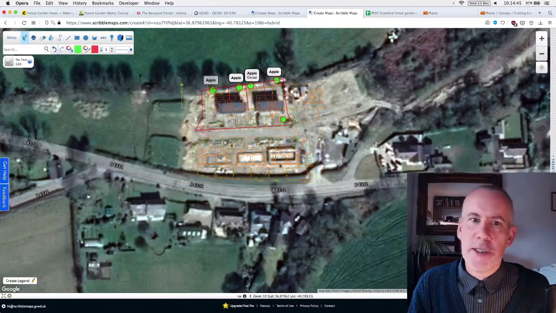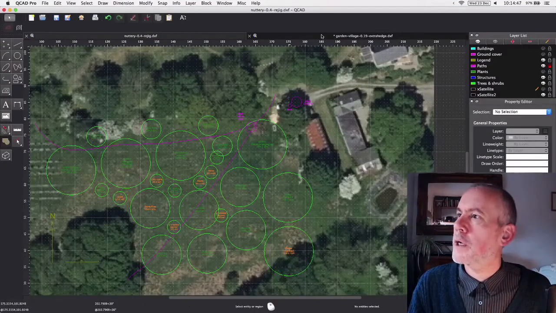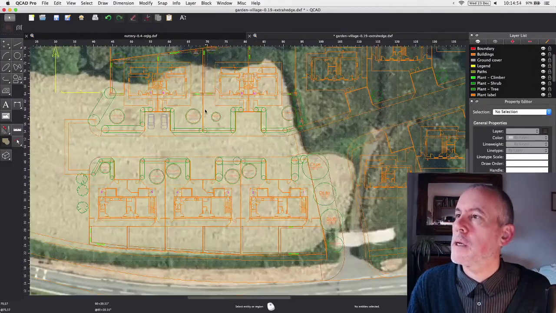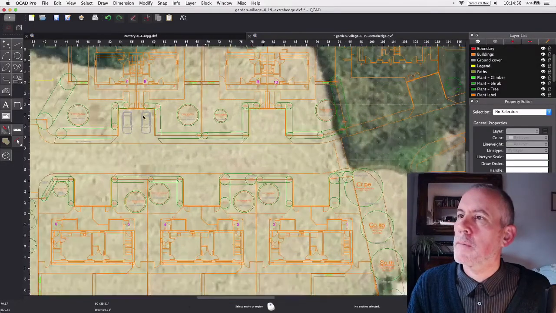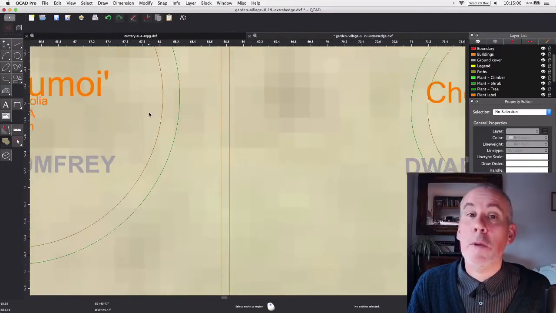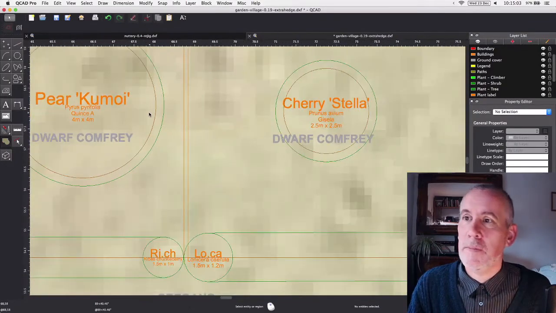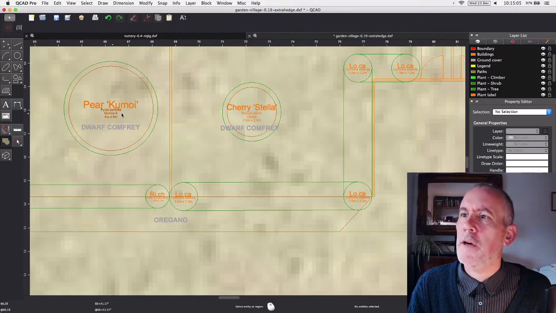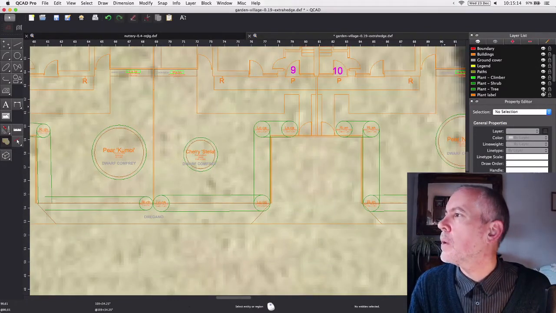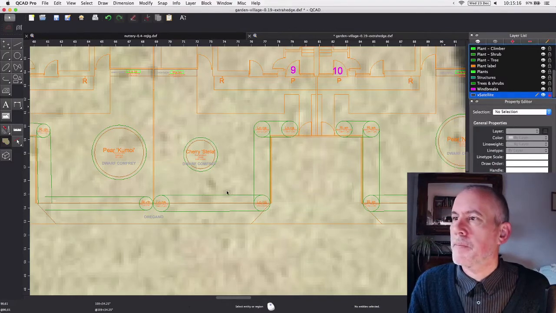This is the same as the eco home that I'm working on. So on the eco home, come on, there we go. If I zoom in, I've got hedging, I've got the pear. Oh, sorry, the computer is a bit slow. If I zoom in, I've got the size, I've got the ground cover, I've got hedging in there. There's a lot more detail, a lot more control that you can put in. Whereas